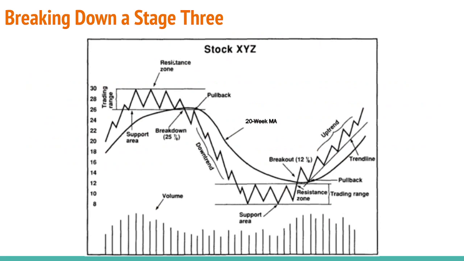So again, let's head back to this chart. Stage 3 is going to follow a Stage 2 uptrend, so we're going back over here to the left side. You can see we put in our Stage 2 top, and that's going to become the resistance for the Stage 3. Then we come down here, very similar to the Stage 1, we put in our anchor point, and we look for price to hold in between this resistance and the support level.